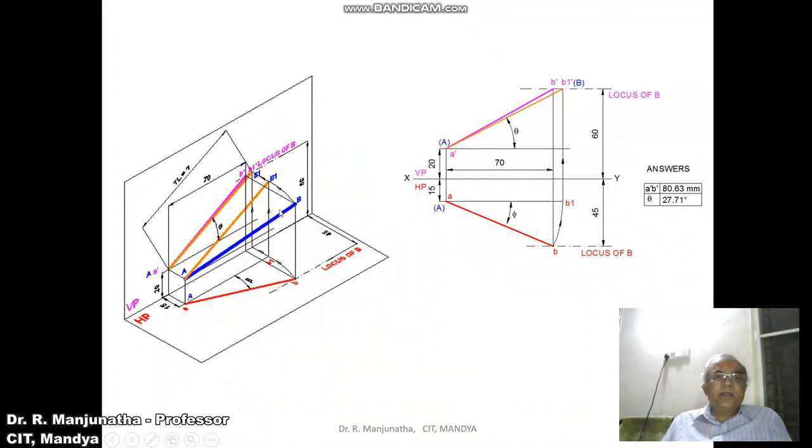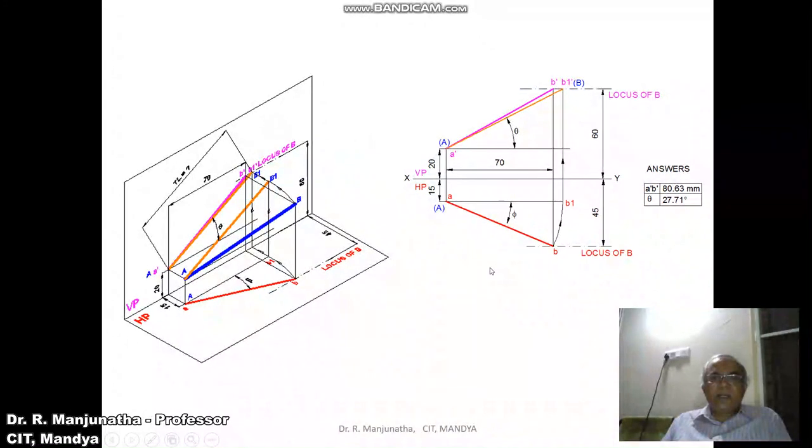With A as center taking the radius of AB, rotate such that AB1 is in front of VP by 15 mm. That means this AB1 is parallel to VP. When the top view line is parallel to XY line, its corresponding front view is going to be in true length, that is A dash B1 dash. So this is capital A and this is capital B. That is what we have done. When you make it parallel in space, automatically the image in the horizontal plane is also rotated, and when it is projected, you get A dash B1 dash. So this will be capital A, capital B1.